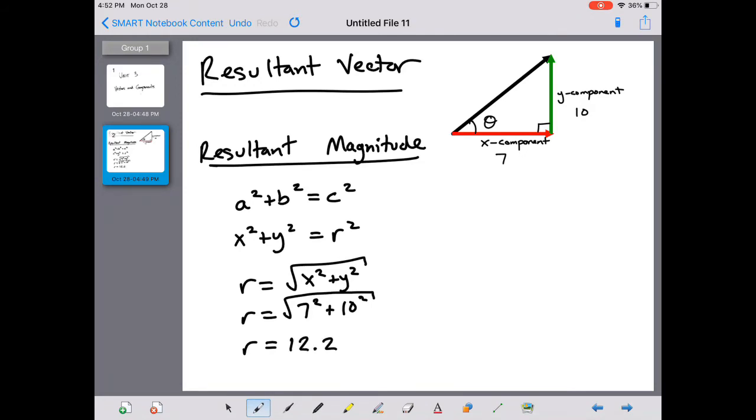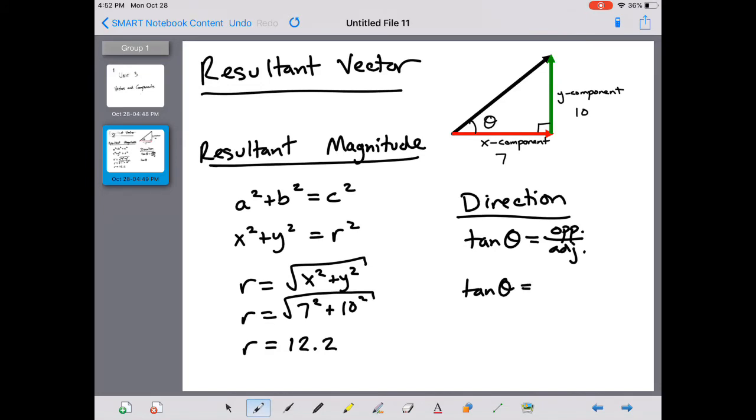All right. Now to find the direction, we use trig. Specifically, we're going to use tangent. Tangent of theta is equal to opposite over adjacent, which for us, opposite represents the y component because it is opposite our angle. Adjacent represents the x component. Now to undo tangent, we need to take the arctangent. So this becomes theta is equal to the arctangent of 10 over 7,